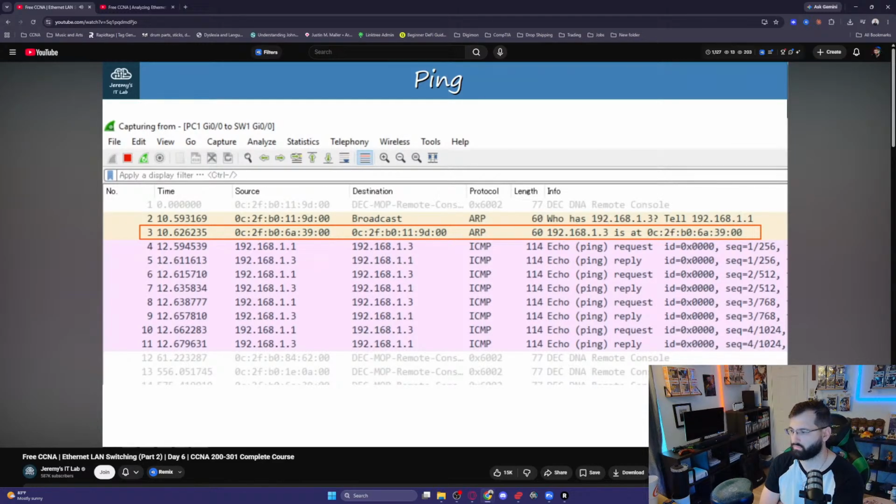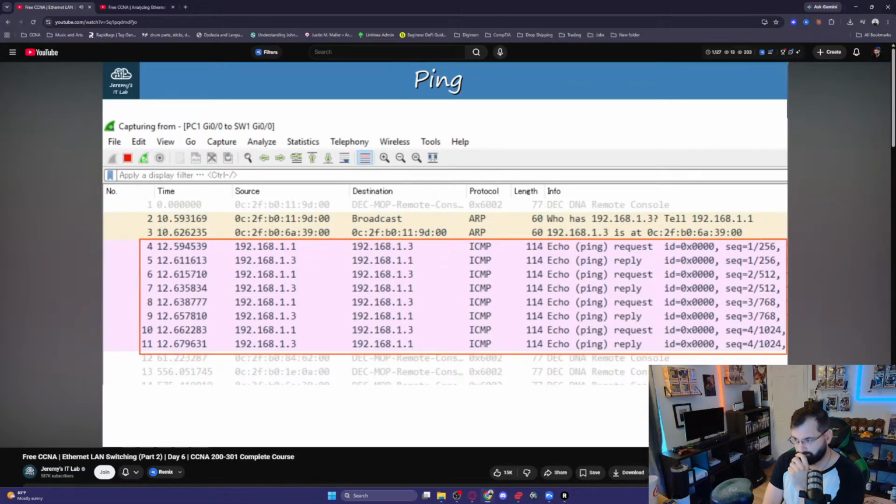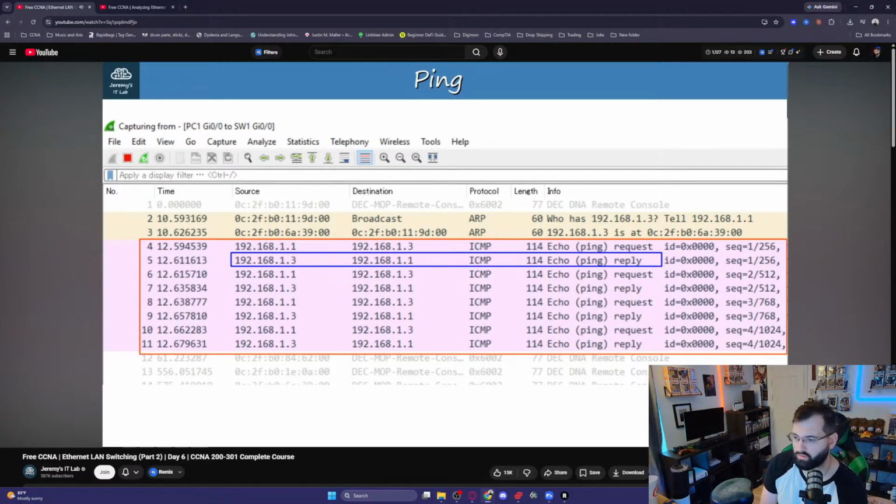Look at the info section again here. 192.168.1.3 is at 0C2F.B06A.3900. It's telling PC1 its MAC address. After that, there are 4 ICMP echo requests and 4 ICMP echo replies. Note that the ICMP echo requests have a source IP of PC1 and destination of PC3, and the ICMP echo replies have a source of PC3